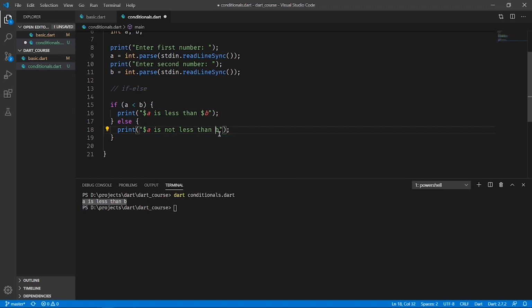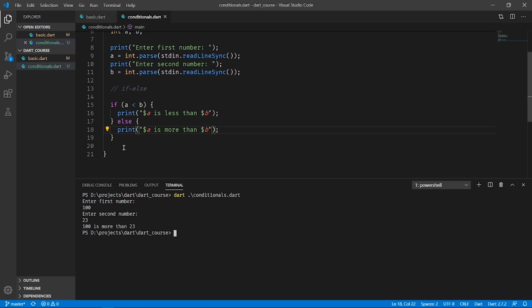Now I am using string interpolation, and if I run this program, you can see that I have not saved it. If I run this program, now it's asking for the first number, let me give the first number 100, and it's asking for the second number, let me give it 23. You can see that "100 is not less than 23". This is what the output is. Now let me change the output to "is more than 23". If I run the program again, it will ask me, and if I give this, you can see that "100 is more than 23".